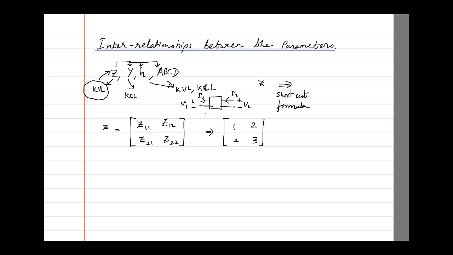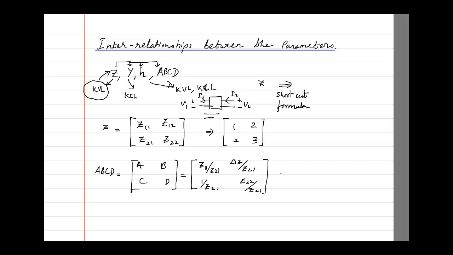And for the same circuit, if you are asked to find out ABCD parameter, and suppose you have a shortcut formula that looks something like this, that my ABCD parameter, generally I write it like A, B, C, D. Now in terms of Z, if you know the Z parameter already, then you will be able to find out the value of A by taking Z11 by Z21 and similarly B by taking delta Z by Z21, similarly C as 1 by Z21 and D as finally Z22 by Z21.